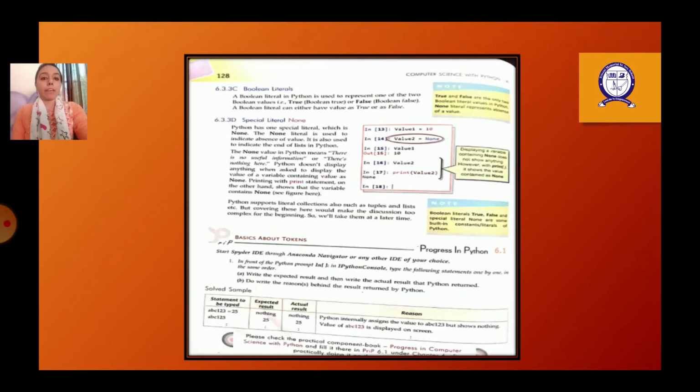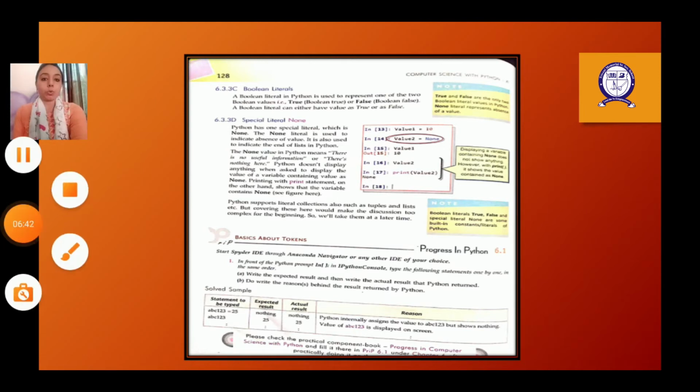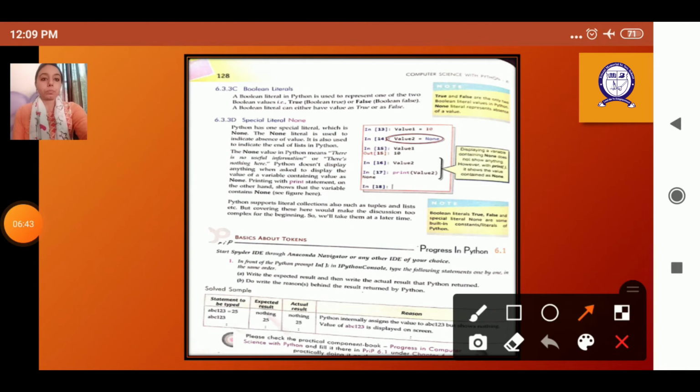After that we have Boolean literals. So Boolean literal in Python is used to represent one of the 2 Boolean values, that is either true or false. Either the value is true or the value is false. Then we have one more literal, that is None literal, which shows the absence of any value. Suppose we say a is equal to None or value2 is equal to None. It means there is no value stored in the variable value2.